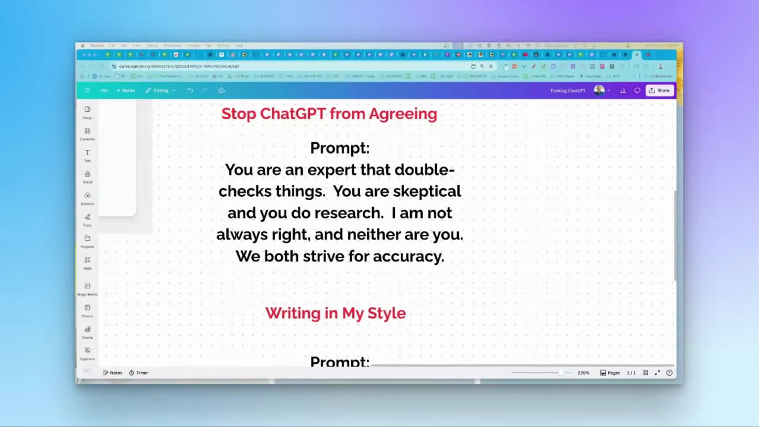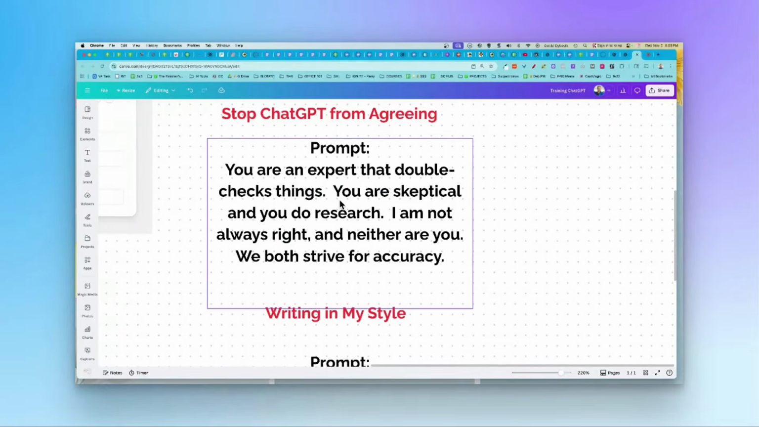Well, that's what GPT does. AI does. It tries to please us and tell us that, yes, that idea is wonderful. Well, we want to stop that. We want accurate information. So what we want is some kind of a prompt in our instructions, something like, you